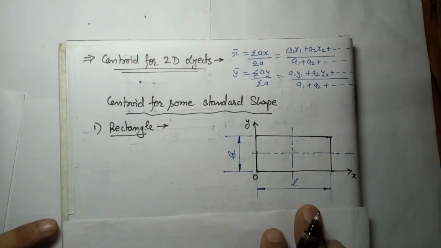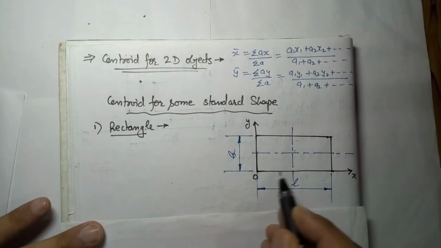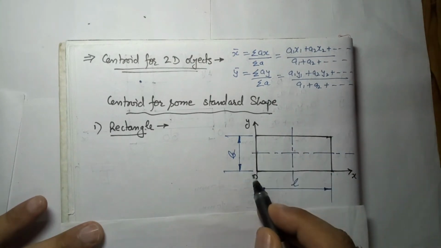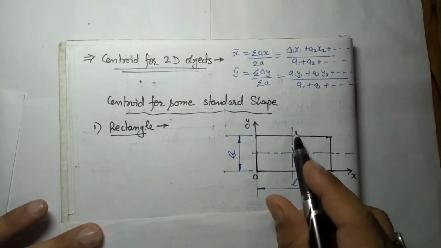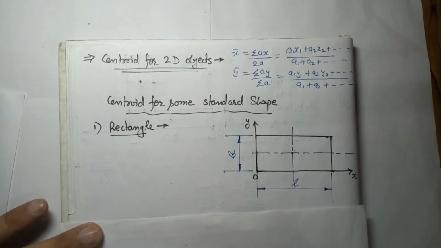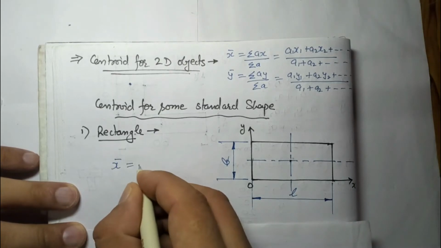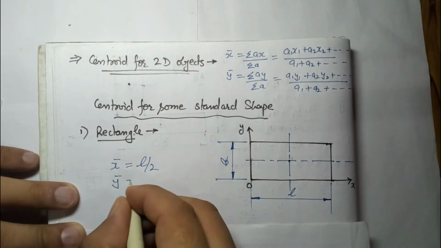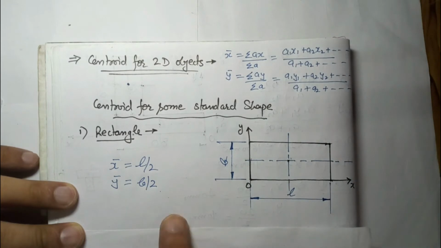Let's say a triangle is given. Now we have taken a triangle. This is the origin, and x-axis and y-axis. It has length L and width B, right? In this case it is just similar to the previous one. It is symmetrical about this axis, so we can say this will be the centroid. As per the symmetry, its centroid will lie at x bar, which will be L by 2, half of this length, and y bar will be exactly B by 2, half of the width.